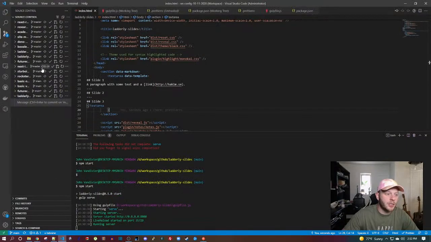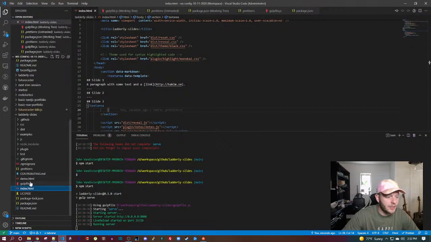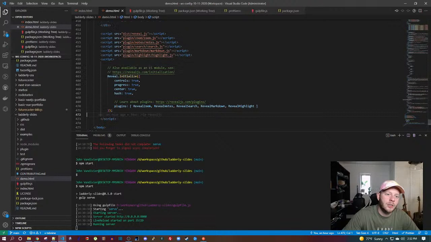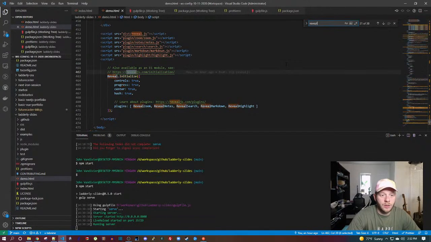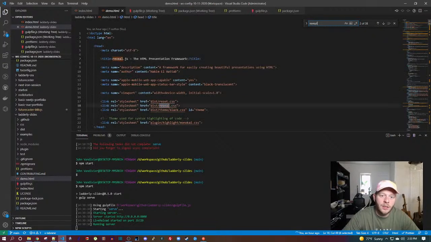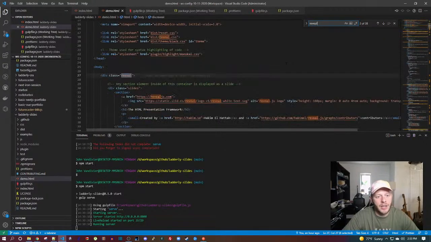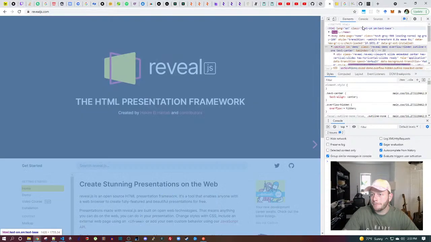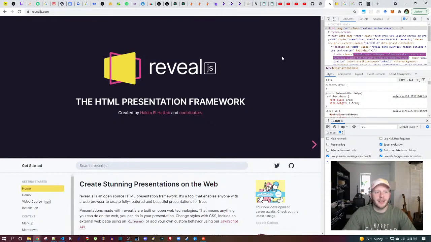Let me look at their demo file. So I have it in the repo right here. Here's the demo file. So I think they bootstrap it and they specify controls, progress, center, hash. I would expect that they're specifying the demo ID, but it doesn't appear to be the case. Here's div class reveal. How interesting, here it is right here, and it's not there. It's like it's getting replaced,